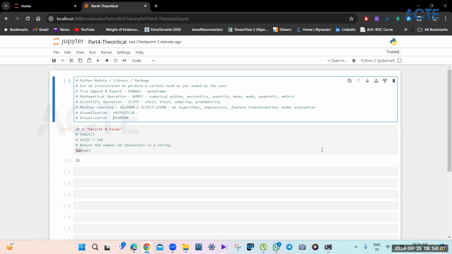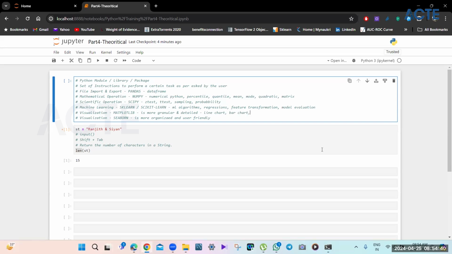Both of them do the same thing, just that Seaborn is more organized, easy, and user-friendly. However, Matplotlib is more granular and more detailed, like line chart, bar chart, and so on.